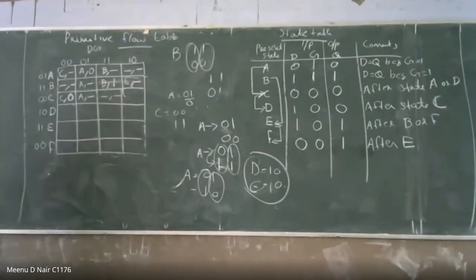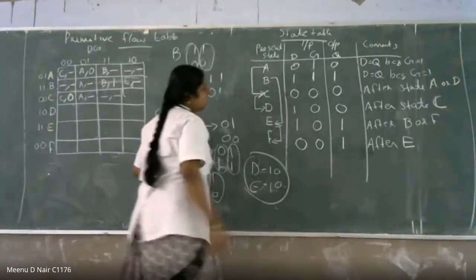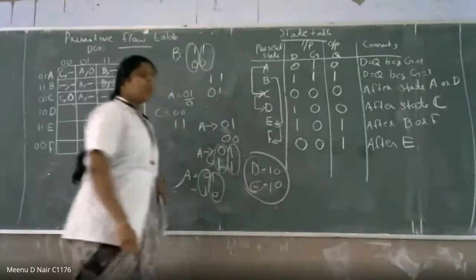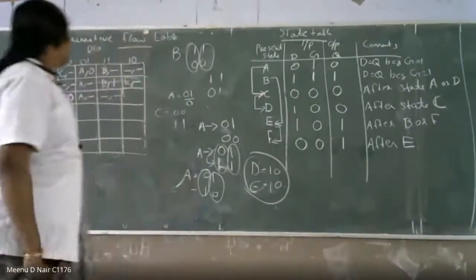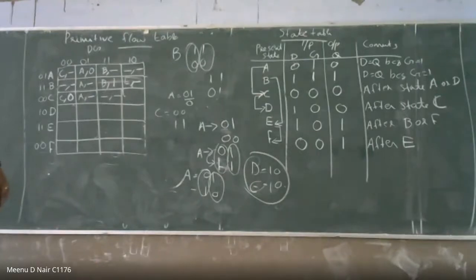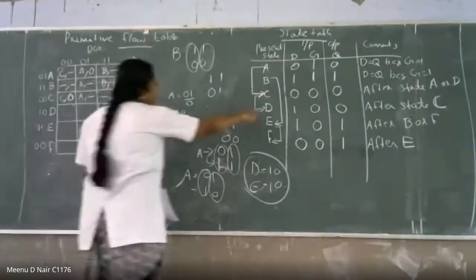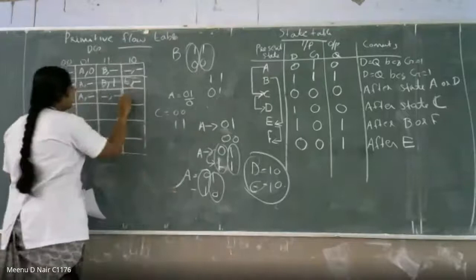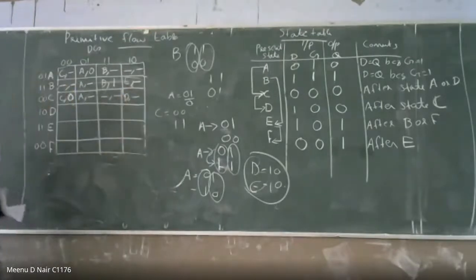Then what about 0, 0 to 1, 0? There are two conditions, D condition is there, E condition is there. Which one are you going to take, D or E? D, yeah, exactly, because D comes after C, right? So D comma dash.